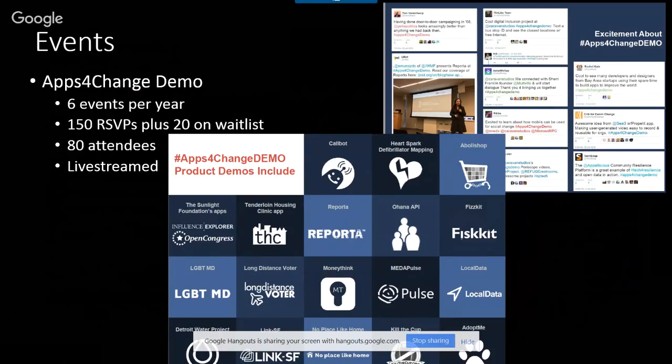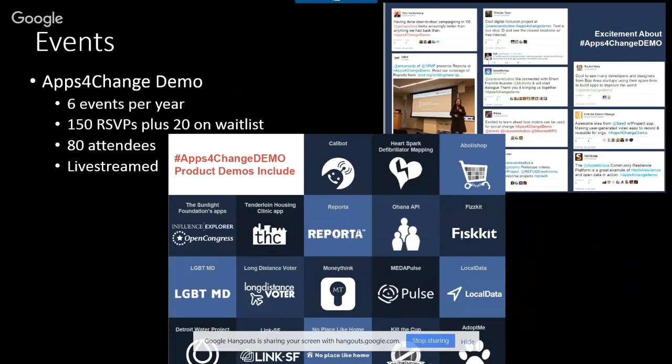They're all live streamed. And as you can see, these are events that showcase apps for social benefit. These are demo events where people from the tech sector and engaged community members and app developers who have built public benefit apps demo them to a group of people in the room that are half nonprofits and half technologists who care about social benefit and public good technology.